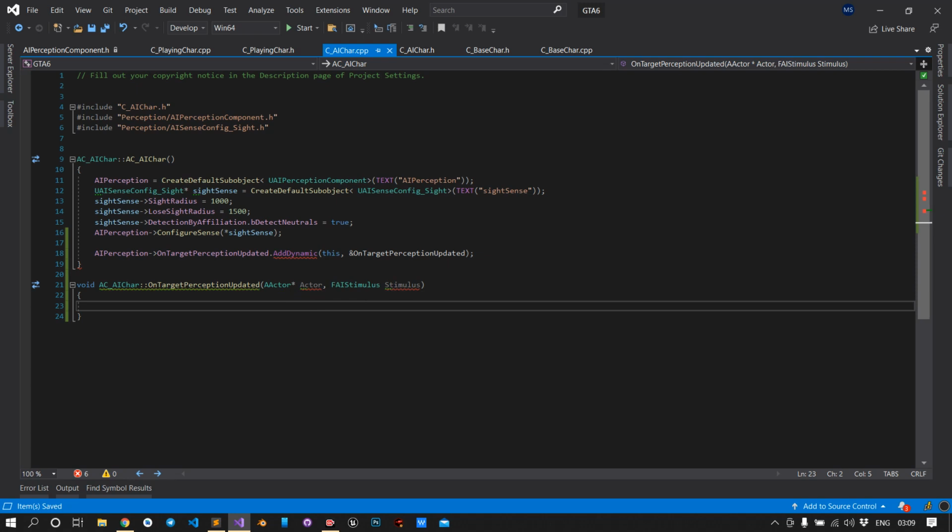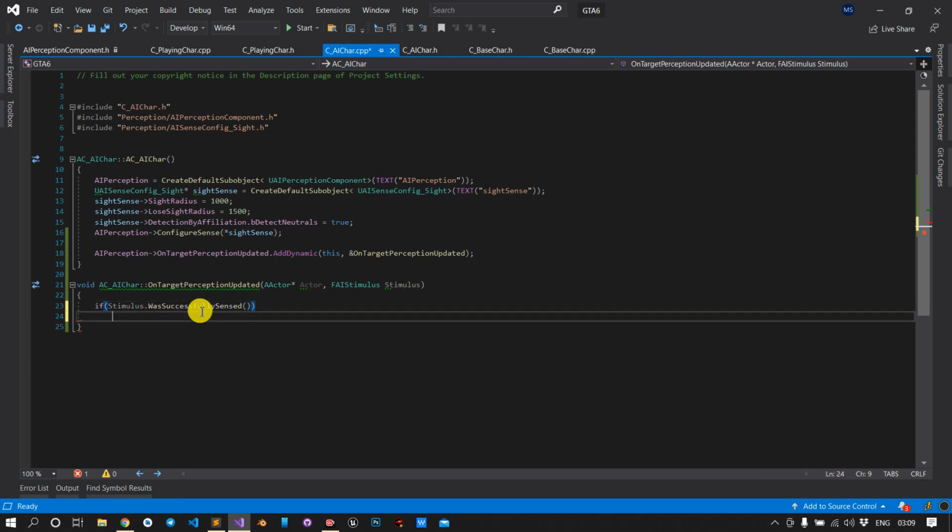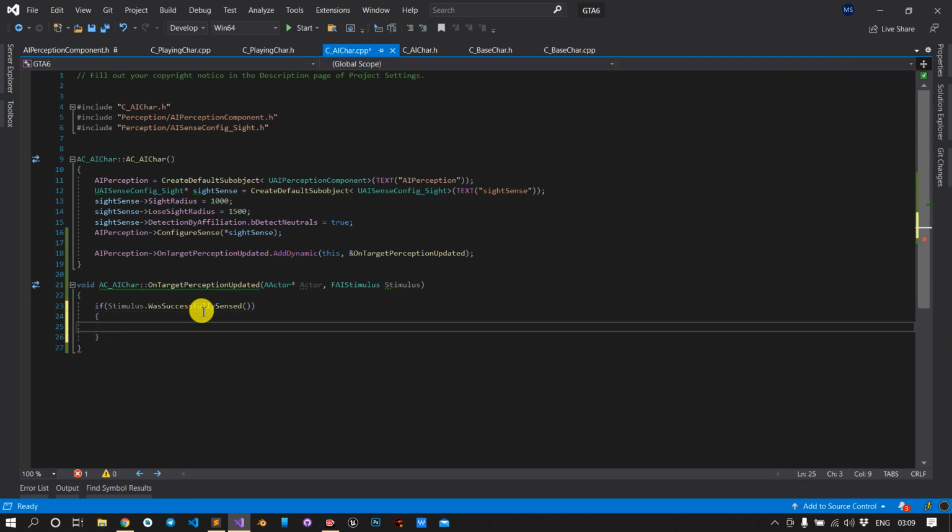Okay, so what we will do, we will print a function. If stimulus dot WasSuccessfullySensed. It is a function that tells whether I have seen that character, whether the player is coming or not.